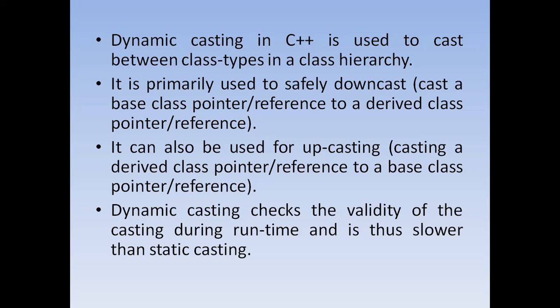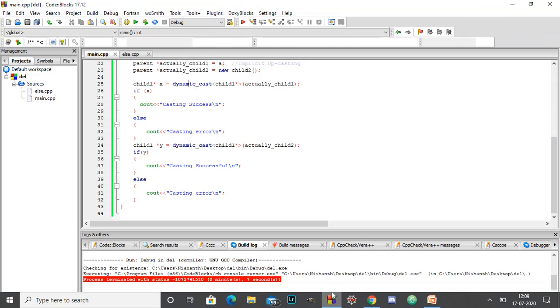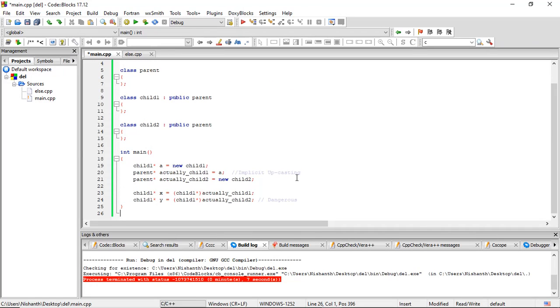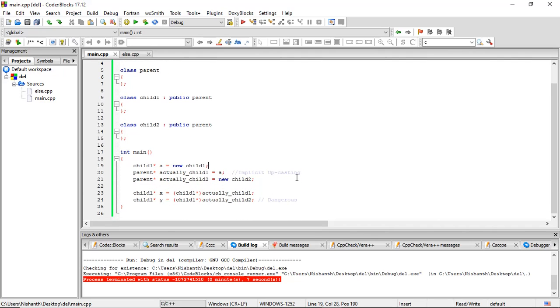To gain more clarity on how a dynamic cast works, let us look at an example code. Consider the following code. We have a base class named parent and two derived classes under public derivation, that is child1 and child2 respectively. In the main program, we're dynamically creating an object of type child1, and it is being pointed to by pointer a that is also of type child1.